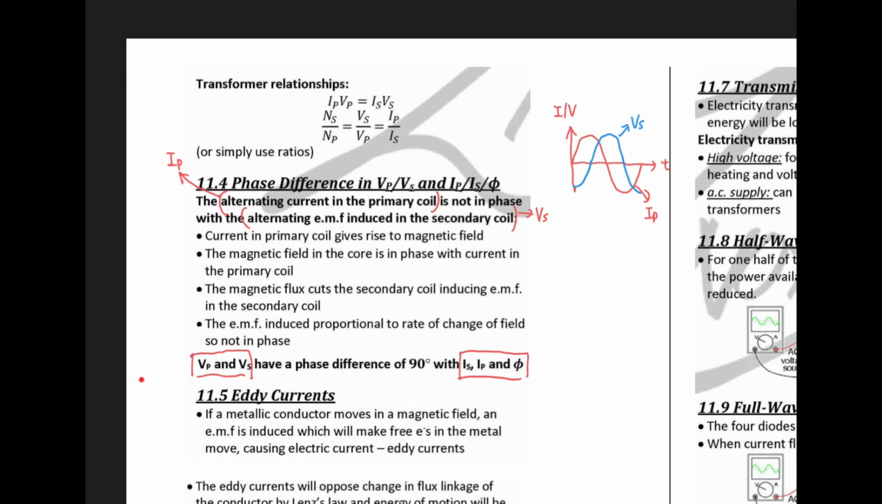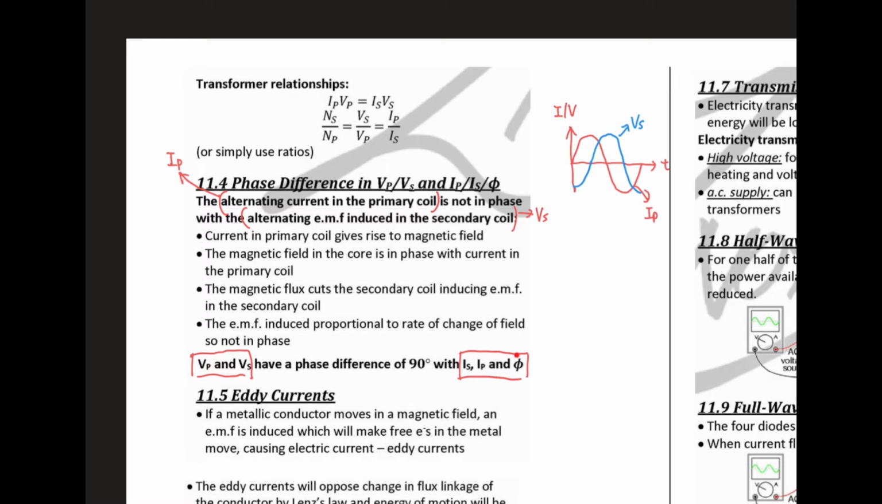The IP, which is this one, IP, compared with the VS, they have a phase difference of 90 degree. Likewise, IS and VP also have 90 degree. IS, VS also 90 degree. VP, IP also 90 degree. Phi and VS also 90 degree. Phi and VP also 90 degree. So as long as one is from here and another one from here, they will have a phase difference